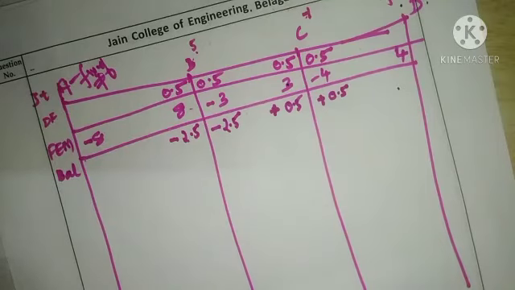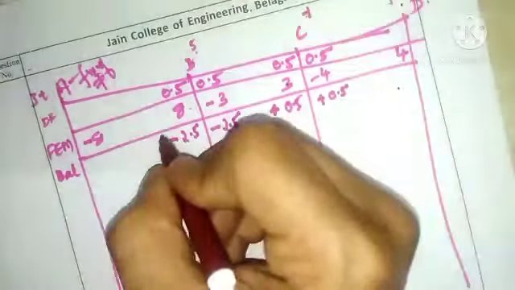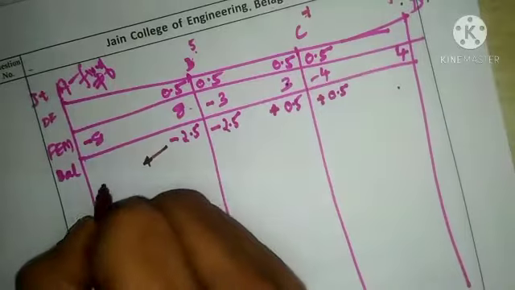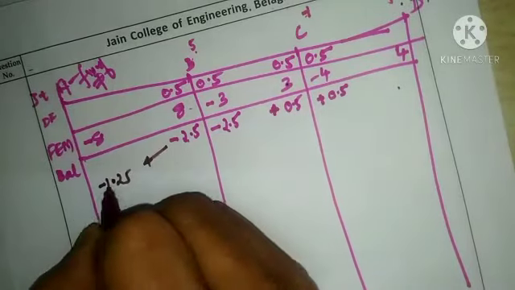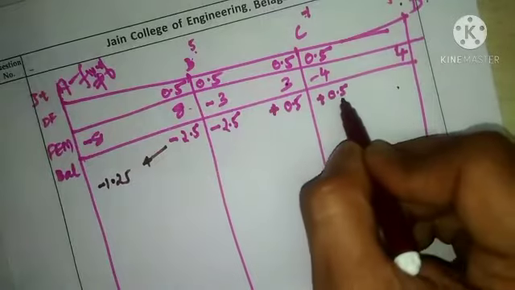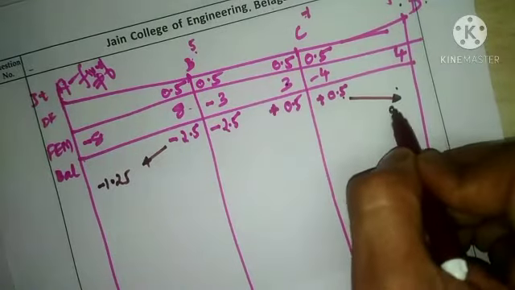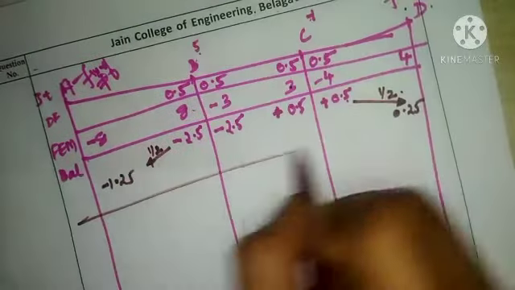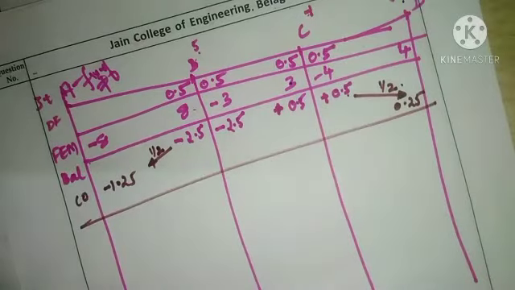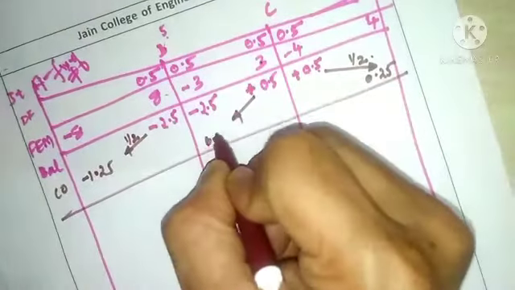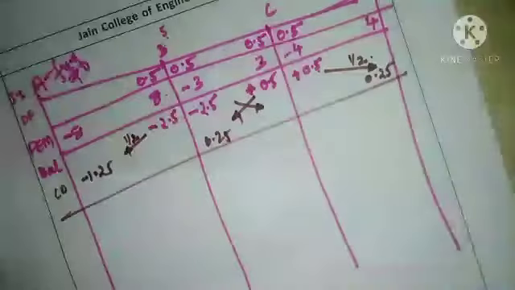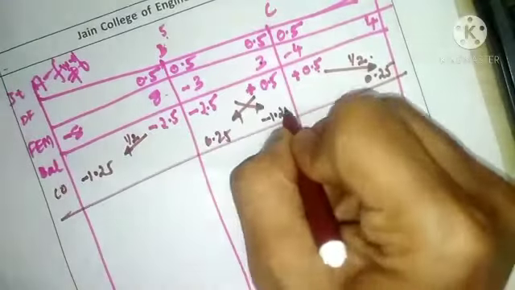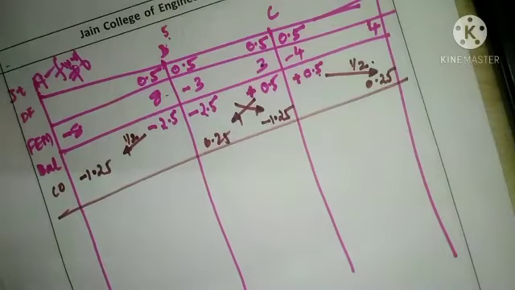Now the next procedure is to carry over these particular moments. This carry over exercise needs to be done along with the sign. If it is minus here, carry over will be minus 1.25. It will be carried over here because A is fixed. Similarly, this value 0.5 shall be carried over to D because D is also fixed. So half the value will be carried over. This value I shall call CO, that is carry over. Similarly, here it will be 0.5, half will be 0.25, and 2.5 half will be minus 1.25. Please check this part, minus 1.25.